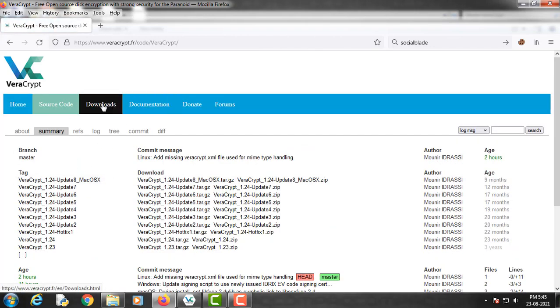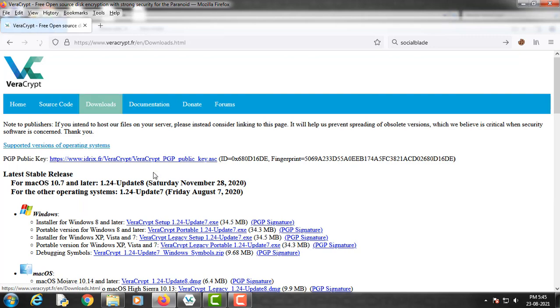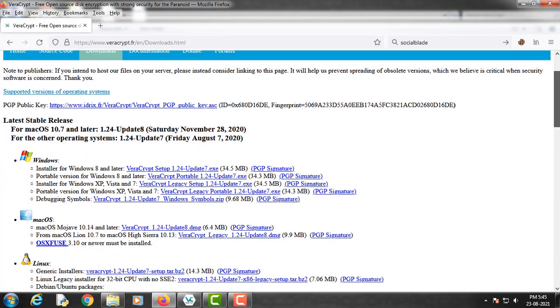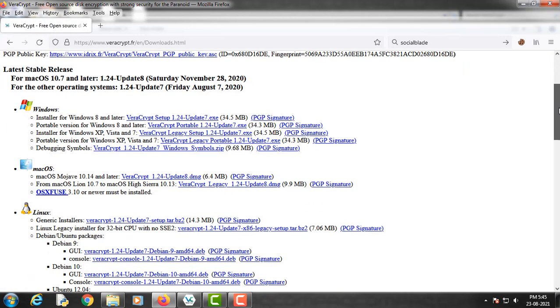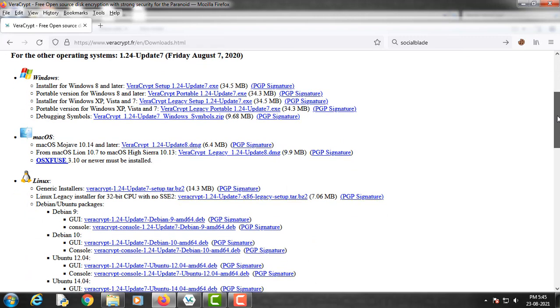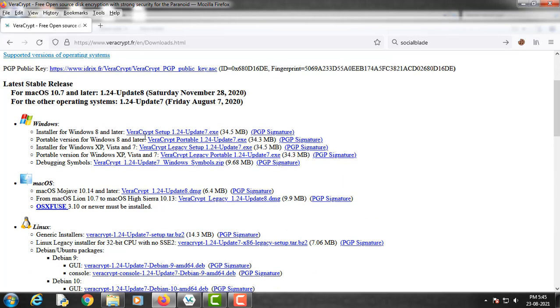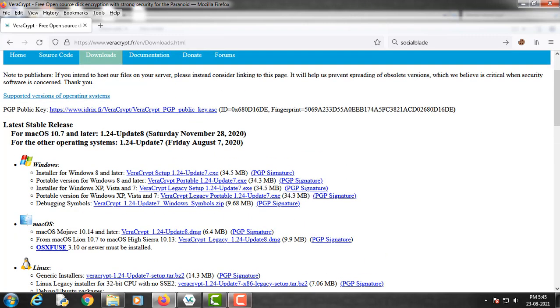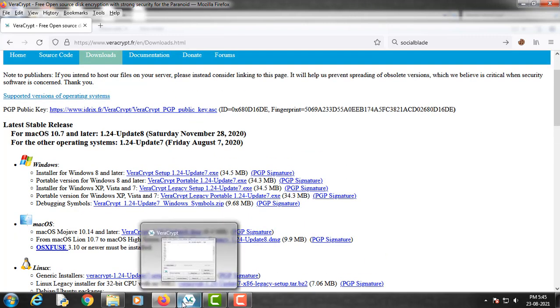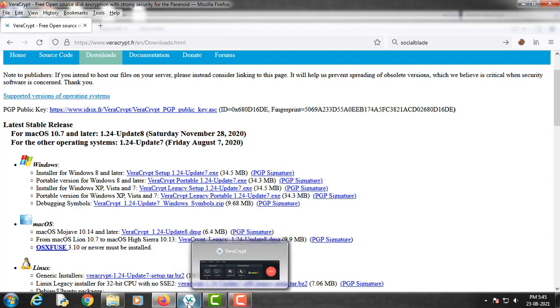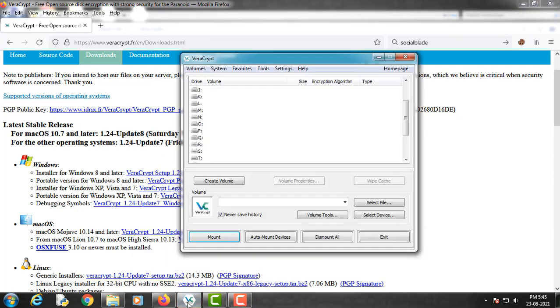Here, by going to the download page, you can download your system-specific VeraCrypt version and install it on your machine. I'm running a Windows machine and I have already installed this VeraCrypt software, so you can do the same.